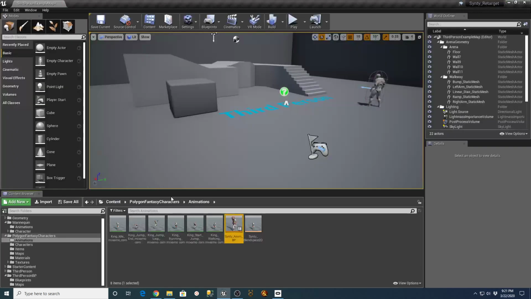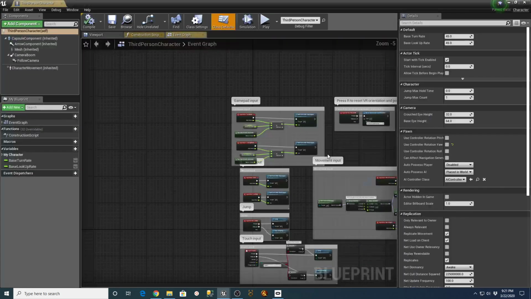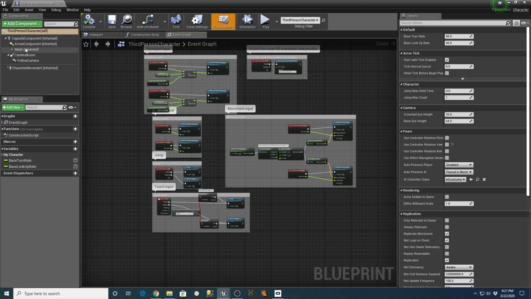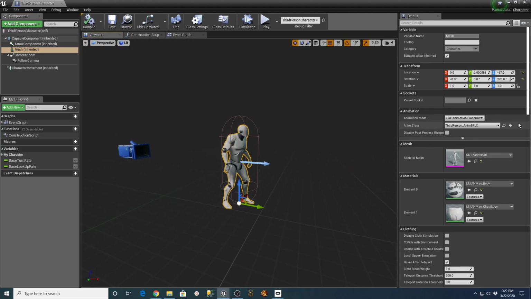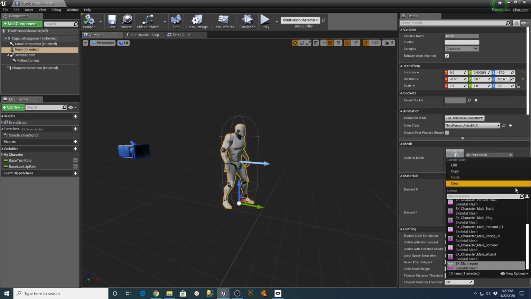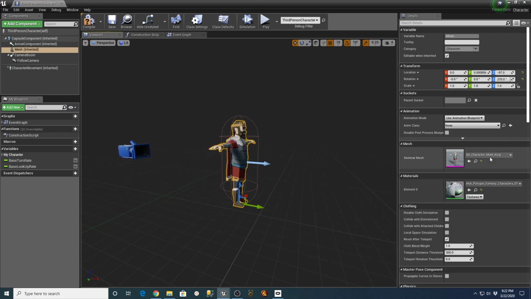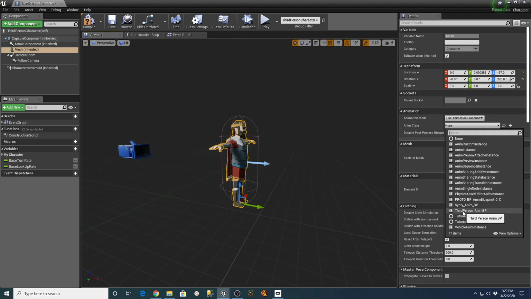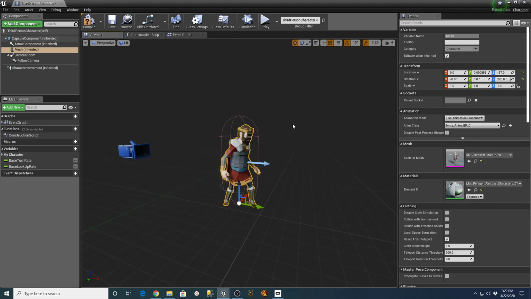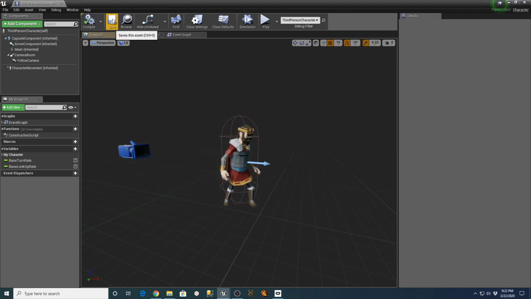Compile, save. Go back to the blueprint third person character. Viewport mesh. And go back and get our male king and our Synty NMBP. Compile. And save.